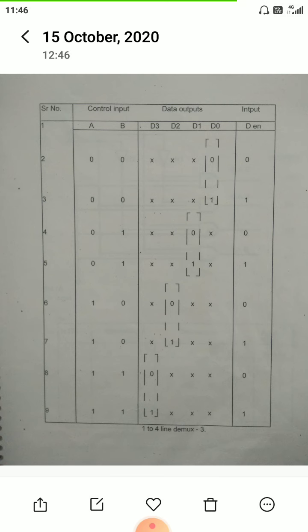entity at serial number 9, when the control input AB is 1 1 1 and data enable is 1. So your d3 will be equal to a dot b dot d. Okay, so accordingly we will implement this in our Proteus 8, because